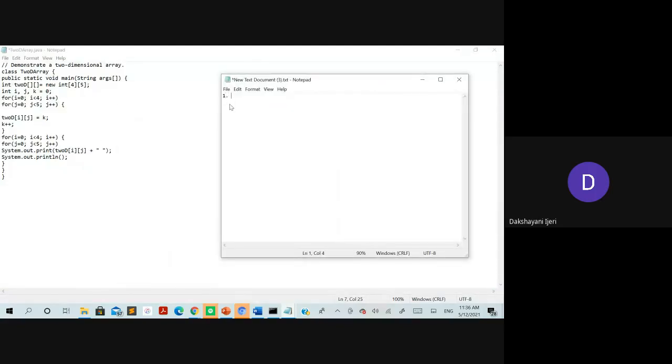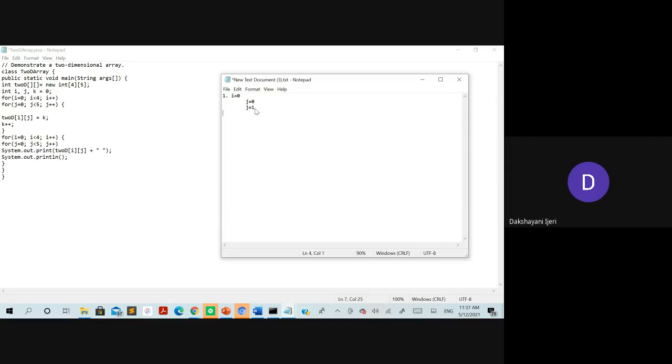So for the first iteration, when i is equal to 0, j is equal to 0, right? So that will be considered. Instead of going to the next iteration of the outer for loop, it is going to increment j to 1 right here. It will check the condition whether j is less than 5. Yes, right?